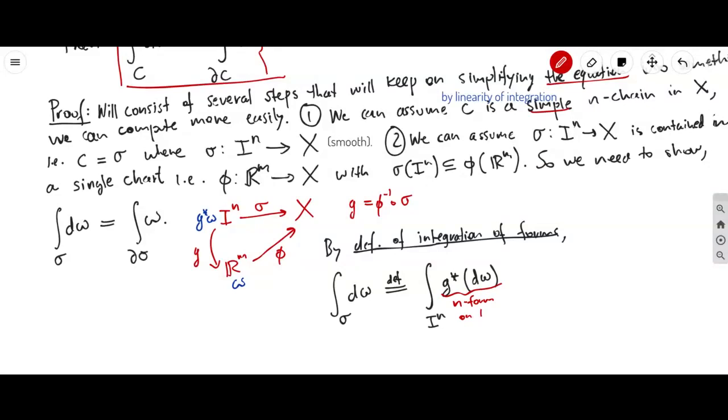An n form on I^n. So notice the degree of the form matches the dimension of the cube. That means you're using all differential symbols. So in the end, whatever this is, it's just going to be some smooth function,